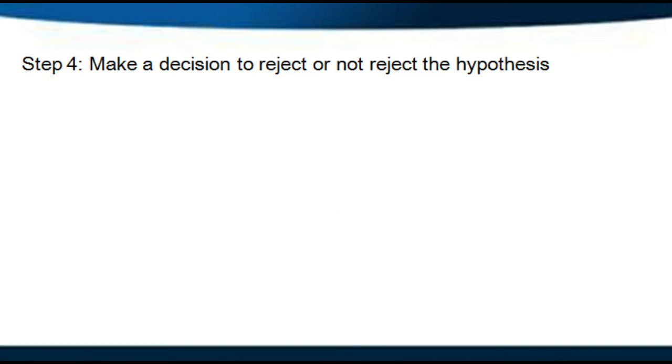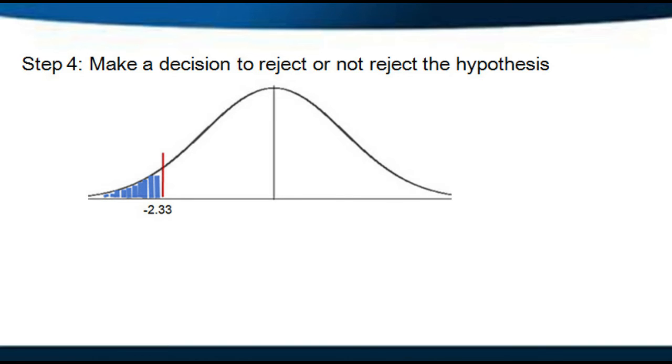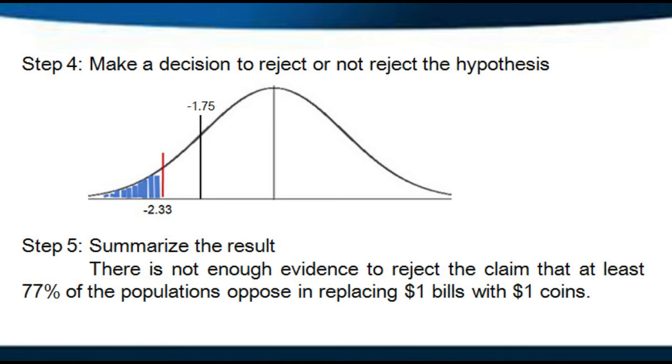Step 4. Make a decision to reject or not reject the hypothesis. From our figure from step 2, the critical value is negative 2.33. We are going to locate negative 1.75. Since the test value, negative 1.75, did not fall in the critical region of negative 2.33, therefore we cannot reject the null hypothesis. Step 5. Summarize the result. There is not enough evidence to reject the claim that at least 77% of the population oppose replacing $1 bills